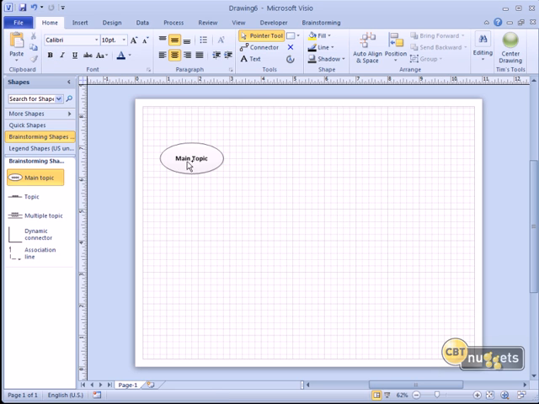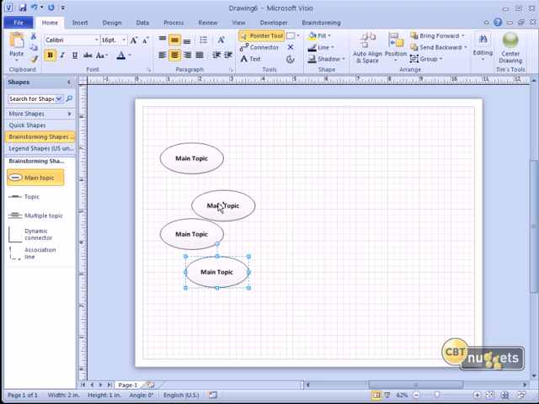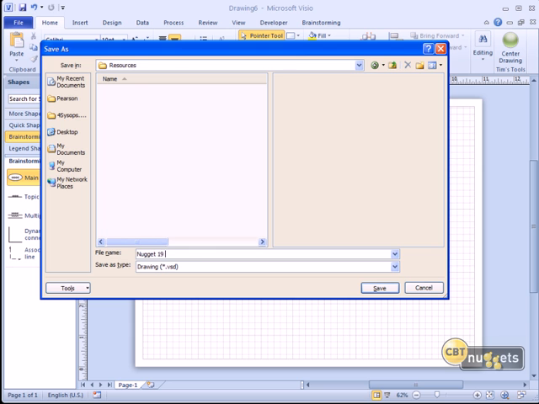But first, let me just bring out a few more. I'm going to make kind of a mess here, if you don't mind, because I want to start with the simplest way to do automation that requires no knowledge of VBA code, and that is by using the macro recorder. Let me save our work. I'm going to call this Nugget 19 automation.